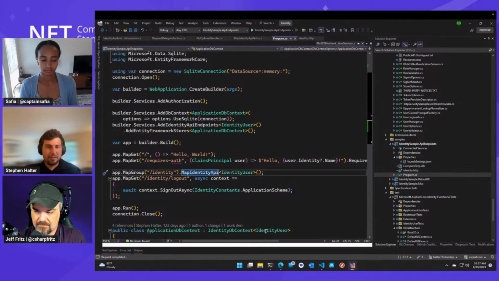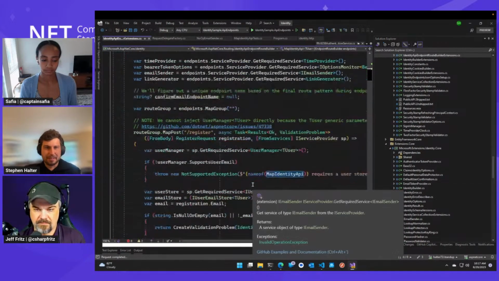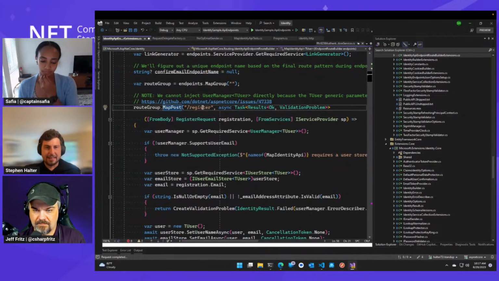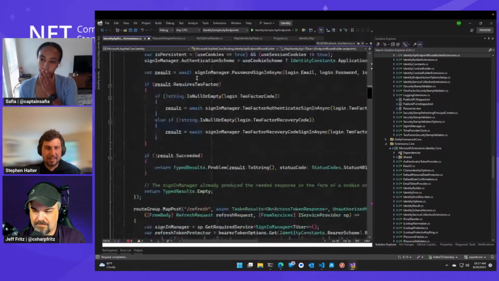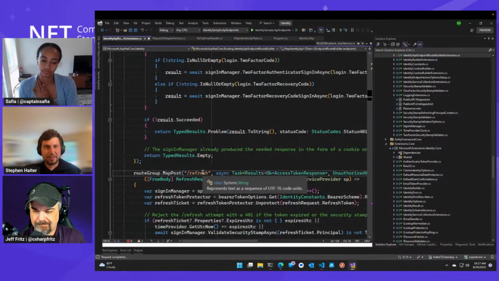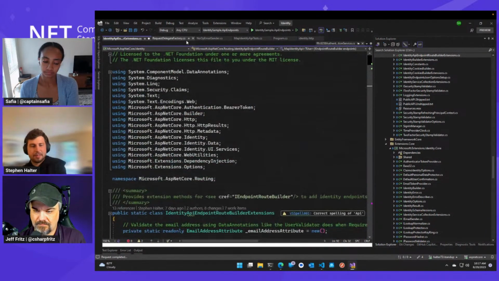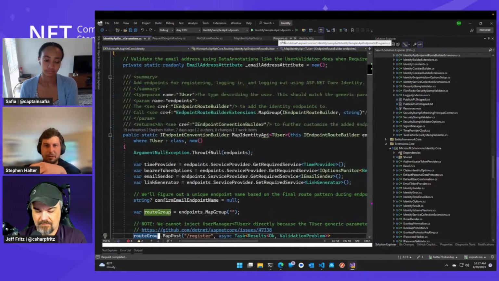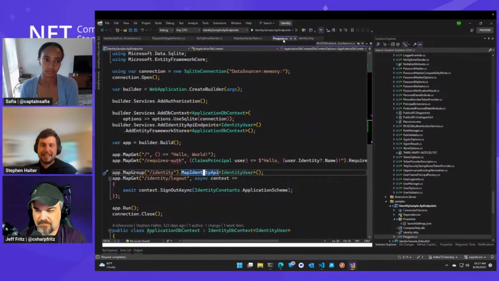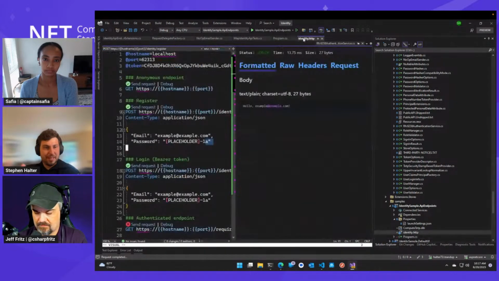And if we go into this, it's calling a bunch of MapPost, MapGet, and it's adding register, login, and we'll go into what the other endpoints do. So it corresponds a bit one-to-one to the Razor pages, but it's now accessible from a SPA or native app that you can do custom UI with.